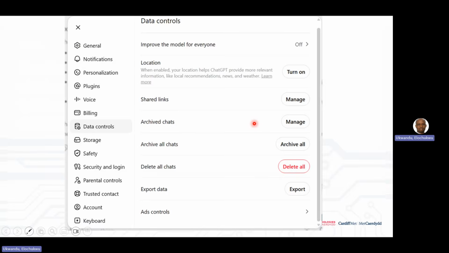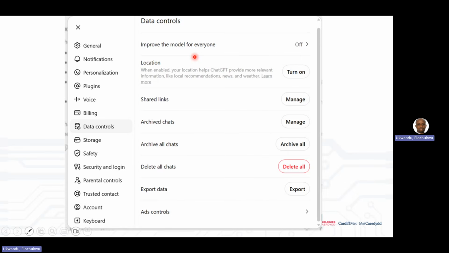Okay. How do we control this? This is an example of a ChatGPT platform. When you talk about this, there are so many things you need to look at very closely if you don't want this to affect your privacy and security while using it. We also need to know what to put in there and what not to put in there, especially personally identifiable information. They're not something you should put in there.